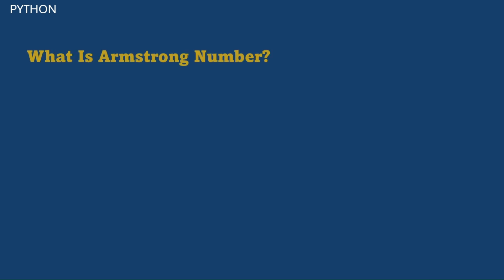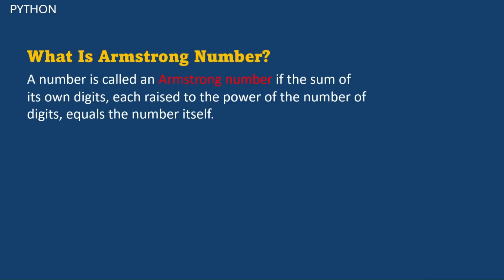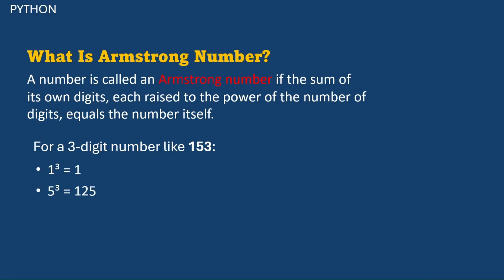Let's talk about what an Armstrong number is. A number is an Armstrong number if the sum of its own digits, each raised to the power of the number of digits, is equal to the number itself. For example, if we have a three digit number like 153, we do the cube of 1, which is equal to 1,